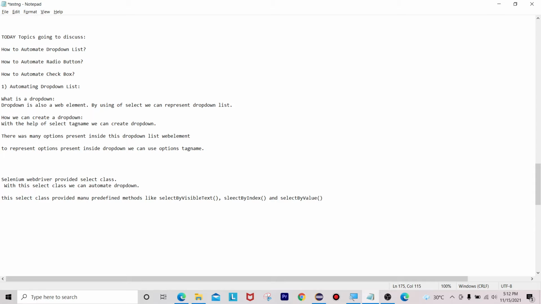These are the three predefined methods which are provided by the Select class. The Select class is provided by Selenium WebDriver to automate drop down list.